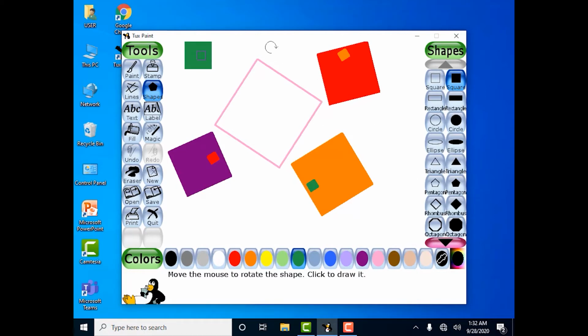There are 16 different shapes available in the subtool box of the Shapes tool.